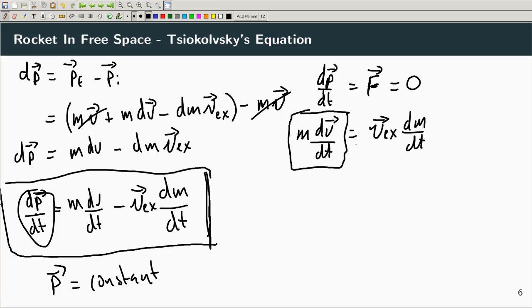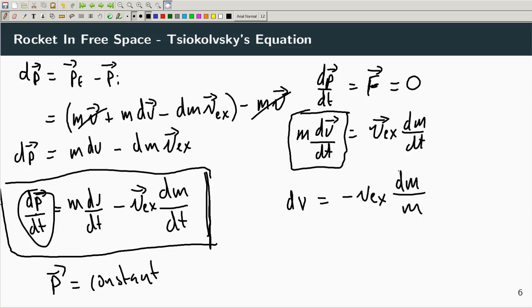So we can just put it in the scalar form and write it like this. Well, first I'll divide out the m, the mass, and multiply it by dt to rearrange it. But we can just get it in the scalar form like so. And